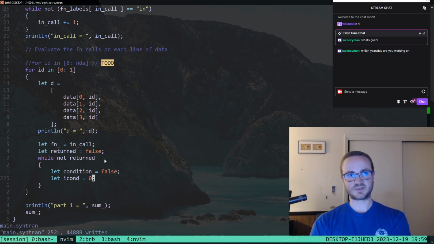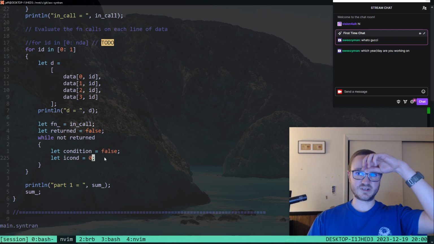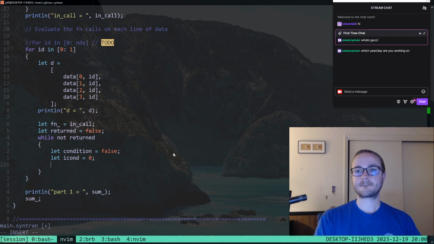So we're going to have another loop that iterates through the conditions of the if, else clauses. And we're going to iterate until one of those conditions is true, or returned. If we hit a return in the form of either accept or reject, that's also going to break us out early. So while not returned and not condition,